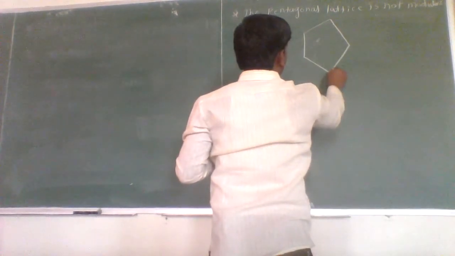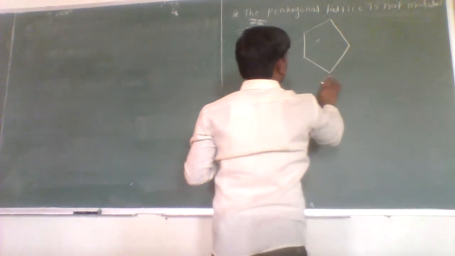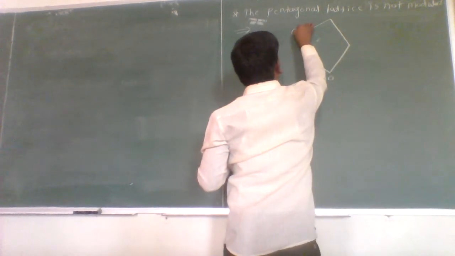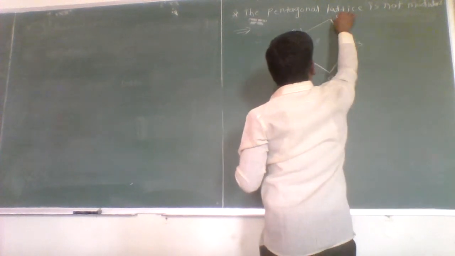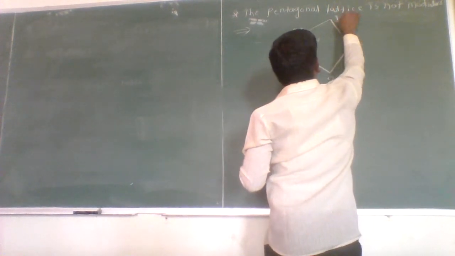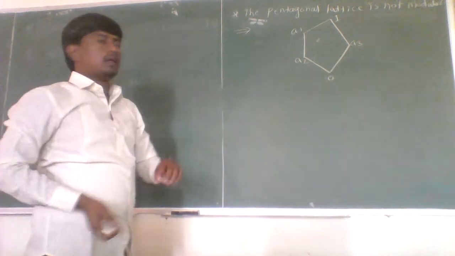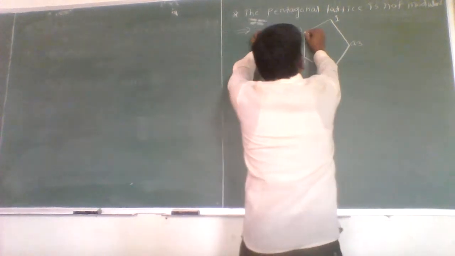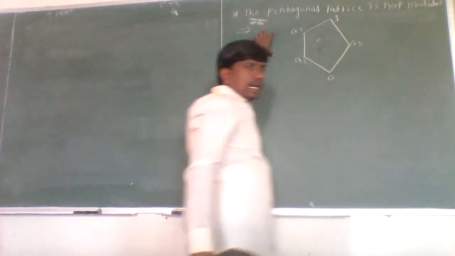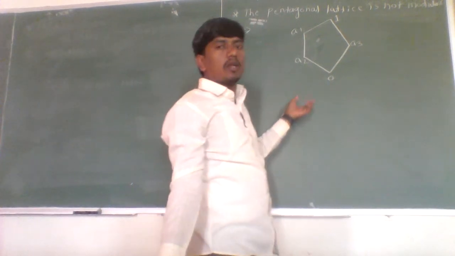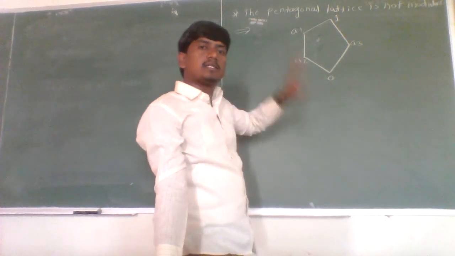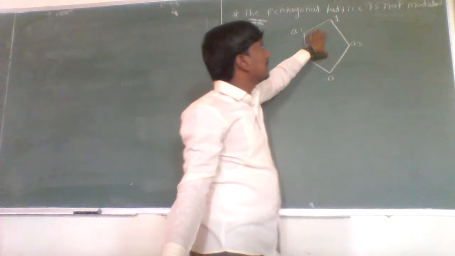Okay, this one is 0, A1, A2, A3 and 1. So now we have to prove that this pentagonal lattice is not a modular lattice. To prove that this lattice is not a modular lattice, we have to show that (A join B) meet C is not equal to A join (B meet C) for some A, B, C belonging to this lattice